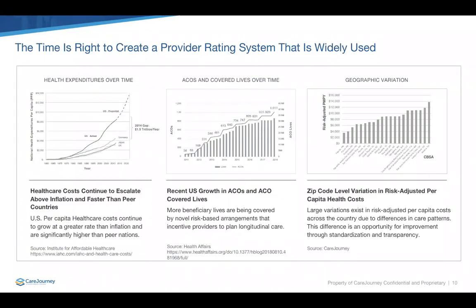Now, why is the time right for this system to be built today? We've already mentioned the fact that getting to GDP plus 0 is a national imperative. The reality is that healthcare inflation continues to rise faster than we would have otherwise liked, and frankly, faster than we would have modeled in a world where we were moving to value at a faster pace. The good news is, especially with the shot in the arm, with the results published yesterday from CMS, we hope to see continued growth in the ACO model. So organizations that are built for purpose to drive value can thrive in the operating environment in which they find